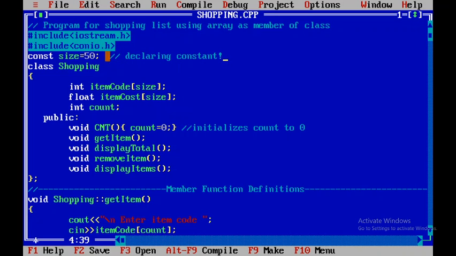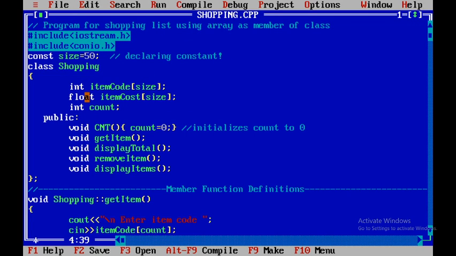Declaring the constant over here. The name of my class is shopping. In this class, I am declaring an array of integer, int atom code, and in square brackets I am using this constant size. That means as the value of size is 50, I am creating an integer array of size 50.